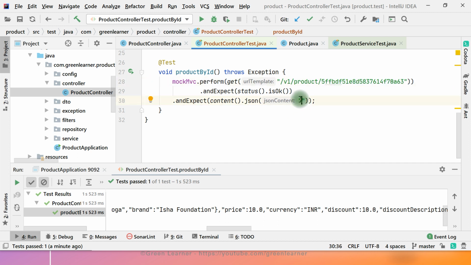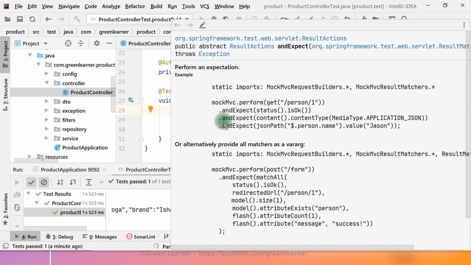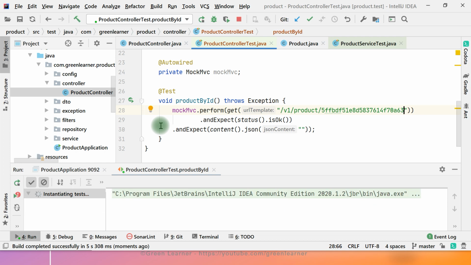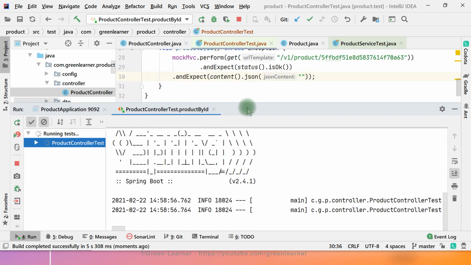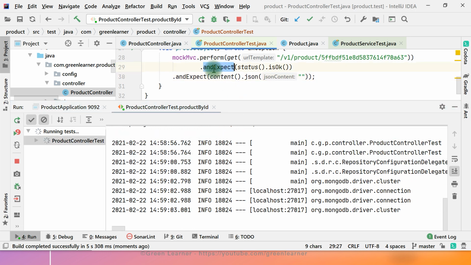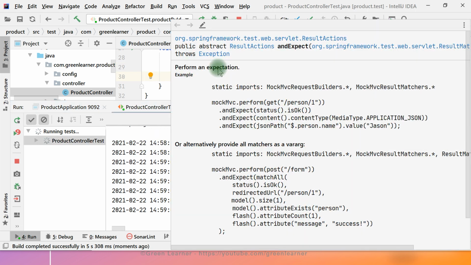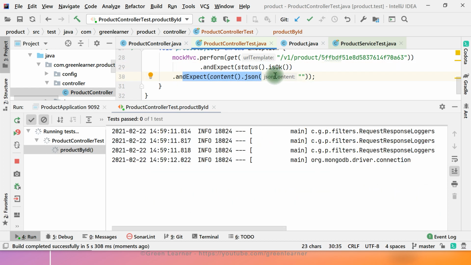As of now I do not know what this is, so what I do when I write the integration test in this case is, since I do not know the JSON output, let's run this one, and the first time it will fail. When you run this the first time it will fail, and it will exactly show you what assertion it is performing, and you can use that, write it here, and you're good to go. So let it execute and we will see the failed error here, because one assertion is passing, like the unit test you are doing, and it is the second assertion that is failing.